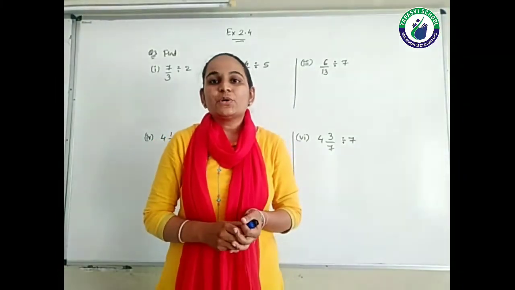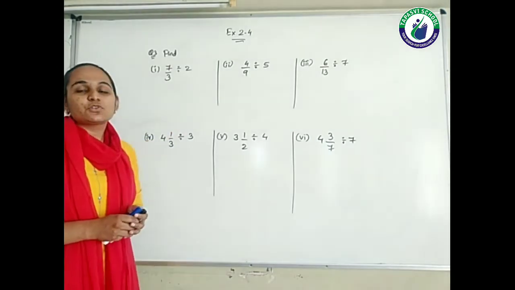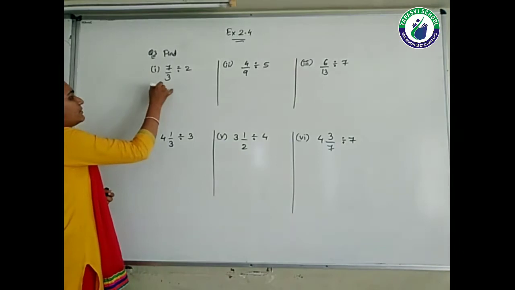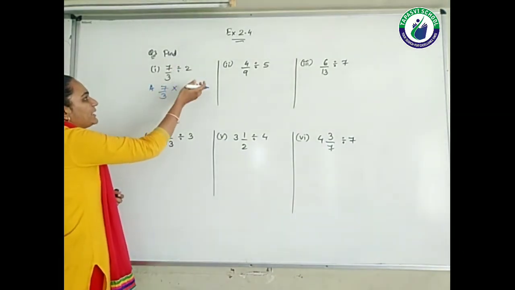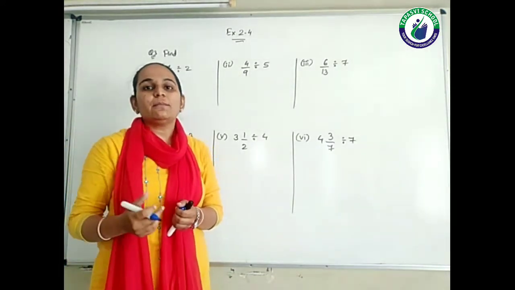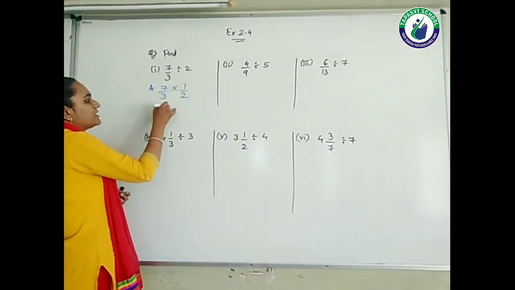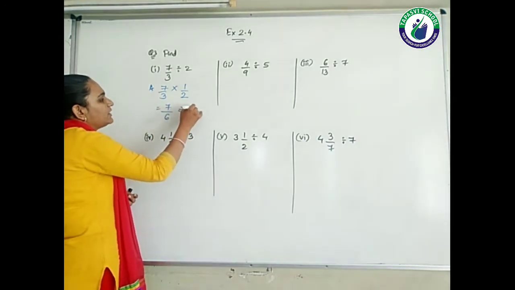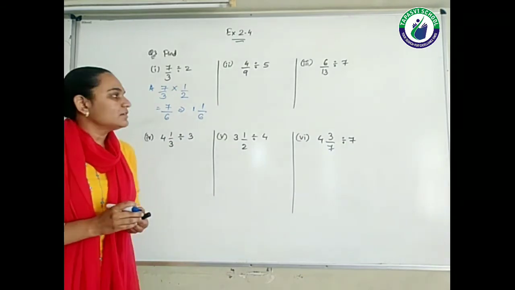Okay students, now let's see question number 3, right? 7 by 3 divided by 2. First of all, as I told you, we need to change the sign of division into multiplication, and for the next number we have to do the reciprocal. So 2 is there, so we have to write 1 by 2. Now 7 ones are 7 and 3 twos are 6. This is an improper fraction, so you can convert it into a mixed fraction. Is it okay? 1 integer 1 upon 6.